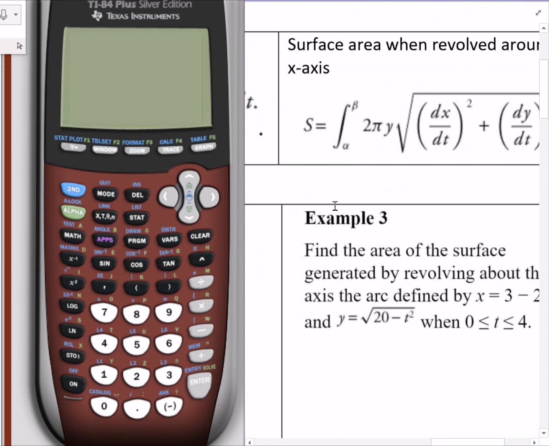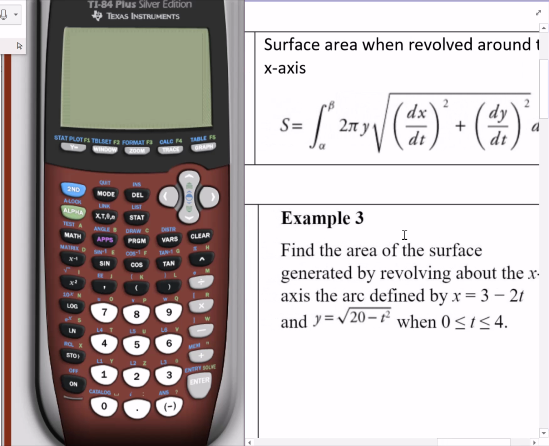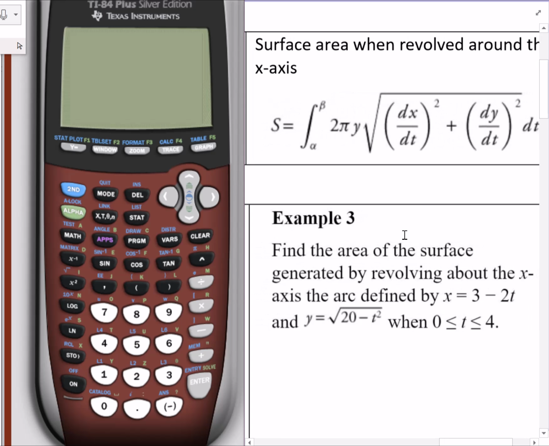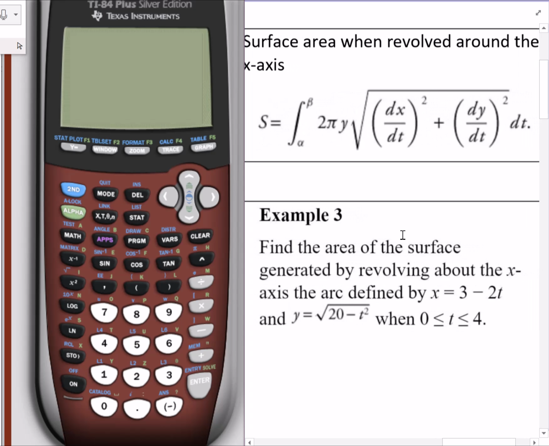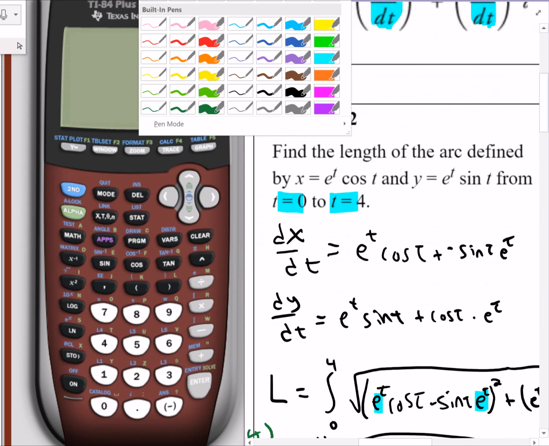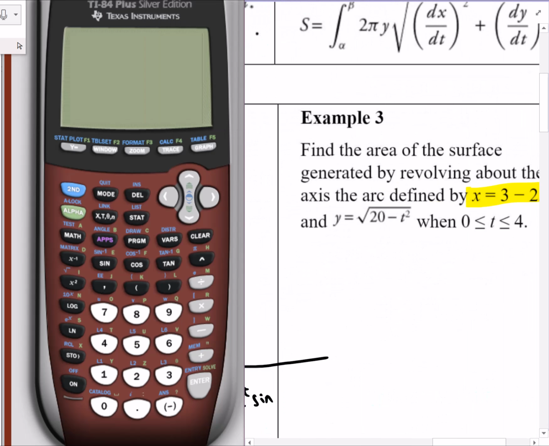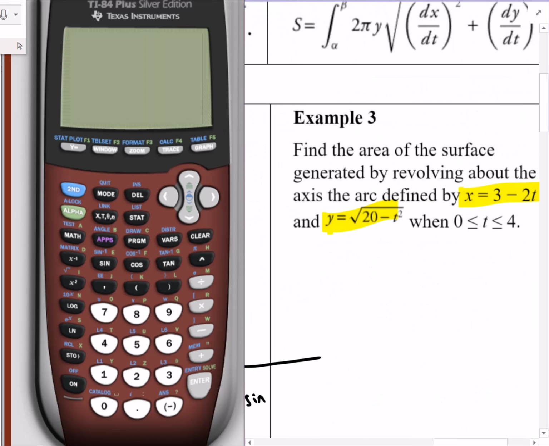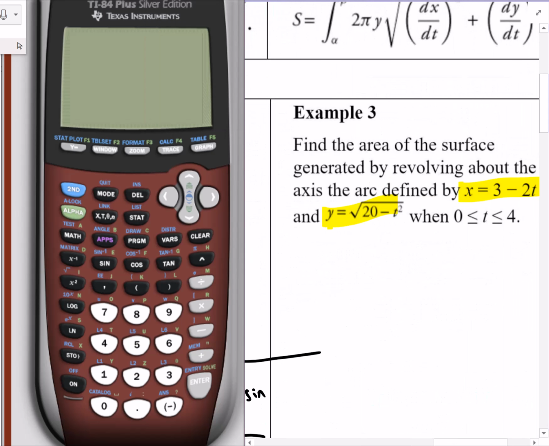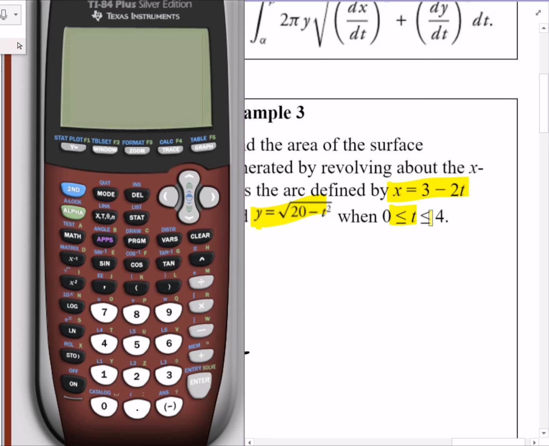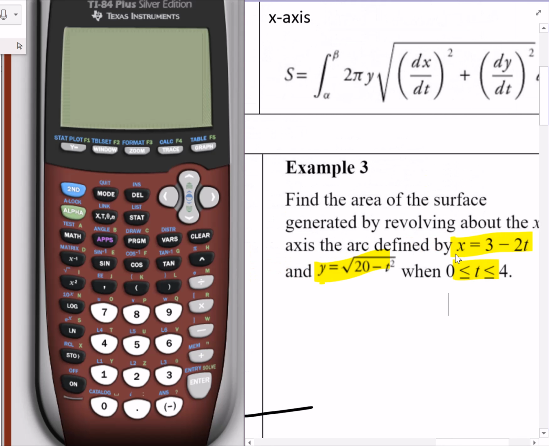area of a surface generated by revolving about the x-axis the arc defined by x equals 3t minus 3 minus 2t and y equals square root of 20 minus t squared, from 0 to 4. So the idea is we're